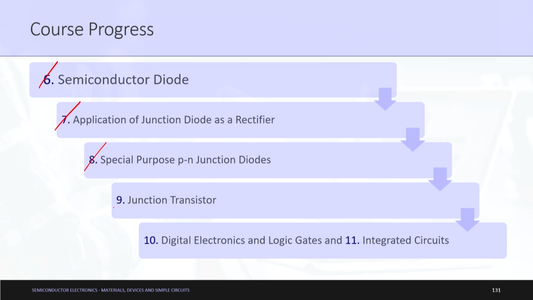Currently we are on the 9th topic, that is the junction transistor. This is almost complete, only 2-3 slides are left, and then we will move on to the final discussion regarding digital electronics and logic gates, and a small discussion regarding integrated circuits is left, and that will be the end of this lecture series on